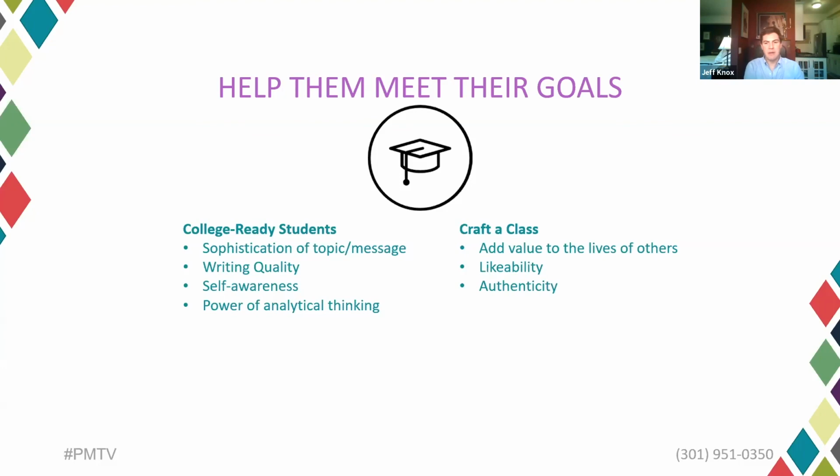And then the message, and I really look for this in any topic. So as you're brainstorming, we're going to talk about concrete brainstorming strategies very shortly. As you're brainstorming, I really, without many exceptions, ask students how their message is evidence that they're going to add value to the lives of others when they get to college. That people are going to be better off for having met you. And I don't see room for an exception there. I think that there's so many ways to do that. But that's, if I had to have a rubric, it would be that criterion.